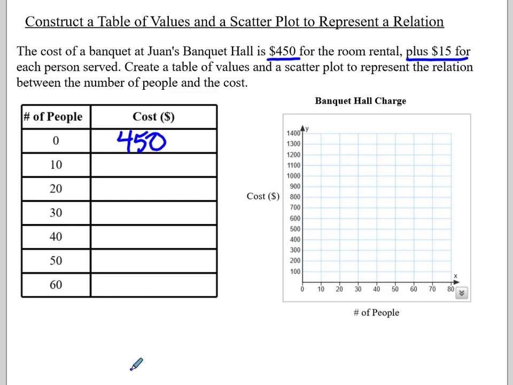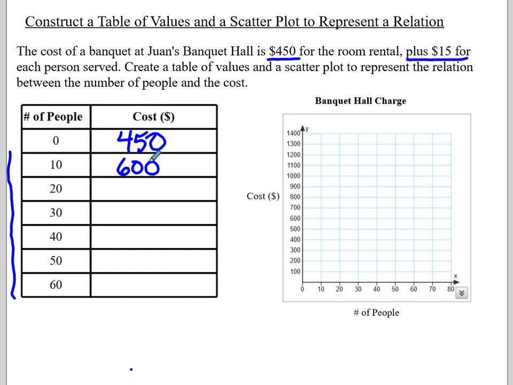Okay, now it's $15 for each person. Now I could have set my table up here to go up by ones, but what I find is the change isn't significant enough, so I'm going to try a little bit bigger number with tens. So if I go up by 10 people and it's $15 a person, that means I'm adding $150 for each group of 10. So my next entry would be